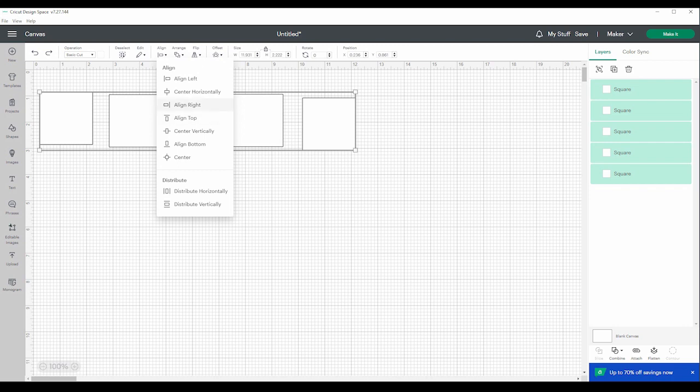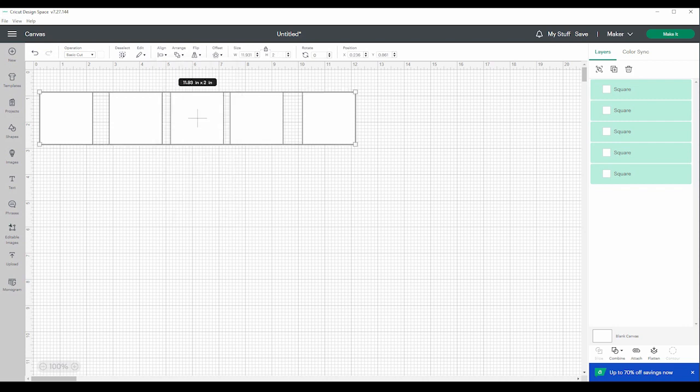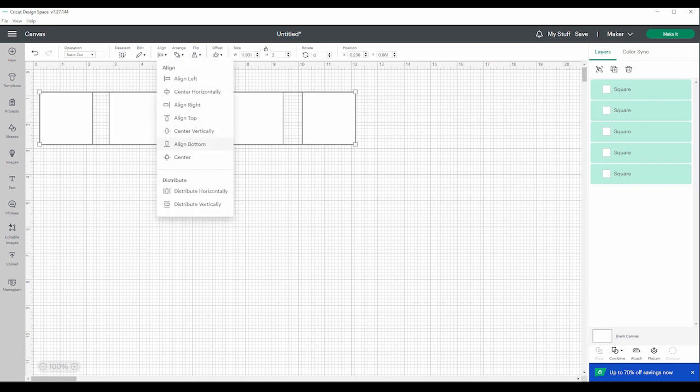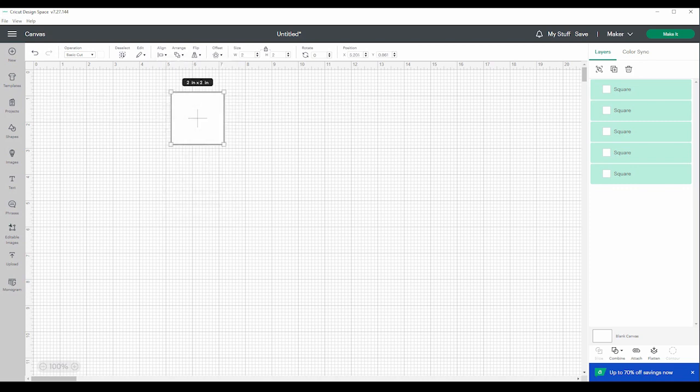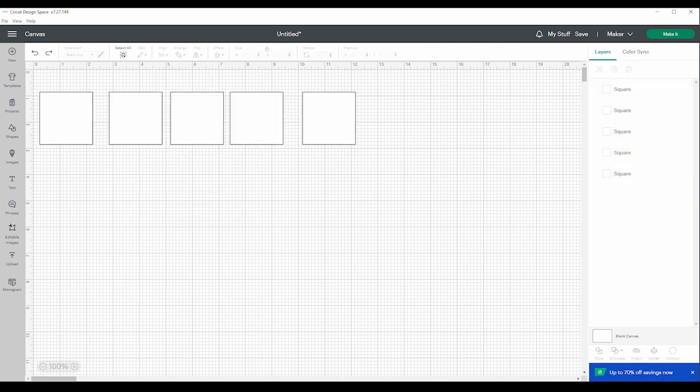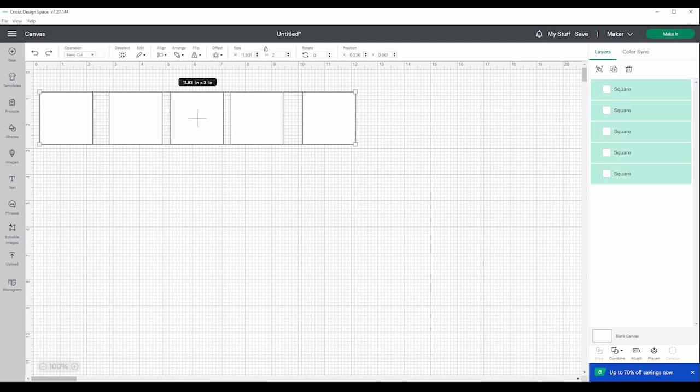You can align them to the right. So then they'll all align with the right edge of the farthest one on the right. You can align the top, and that will all align their tops. You can center vertically. They already are. Or you can align their bottoms. Or you can click center, and they'll all be exactly centered. Okay, so